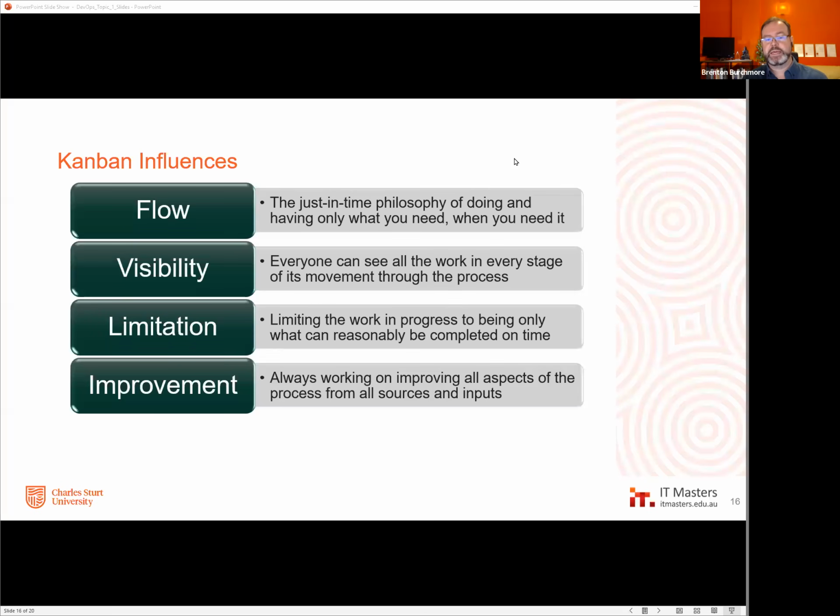Kanban also has a big emphasis on, as you see the workflow and as the visibility is there, everything is open for improvement. We should be looking at everything, thinking of everything, trying to get everything improved, working on everything that we might be able to spot a way of doing better, even if it's not what we do. But we know a thing from our perspective that gives us insight, that lets us add and contribute.